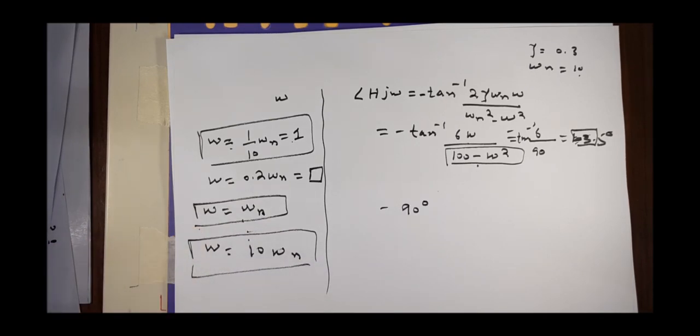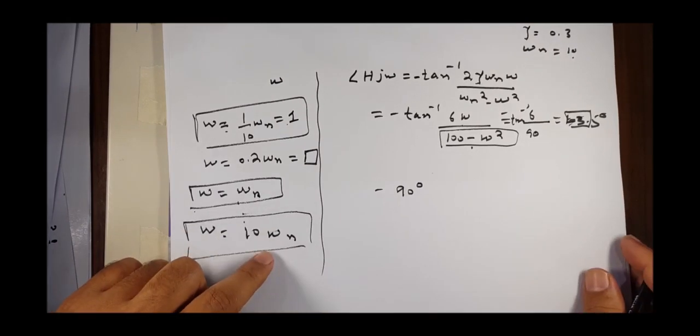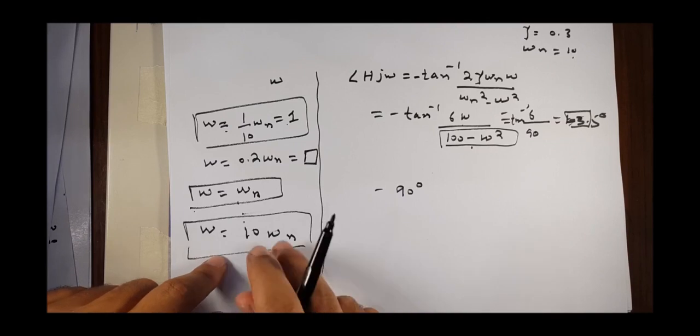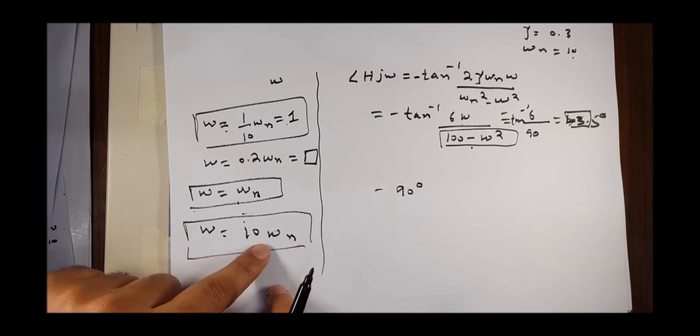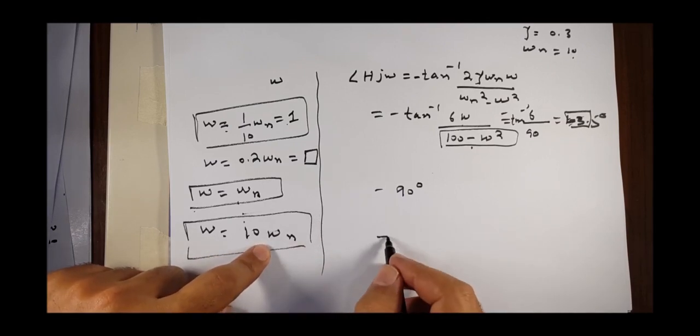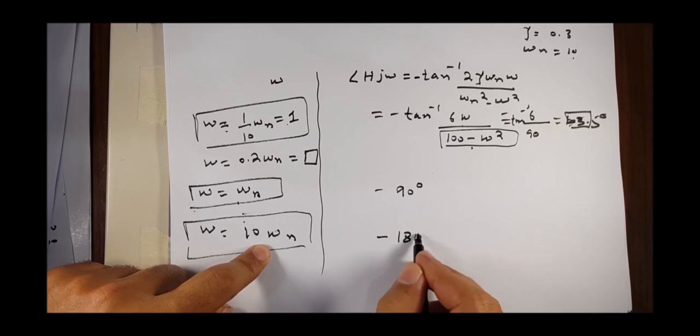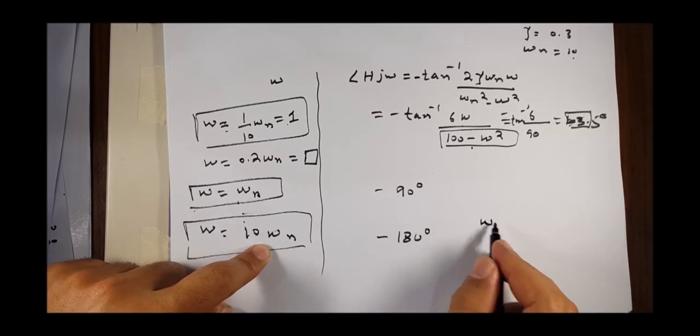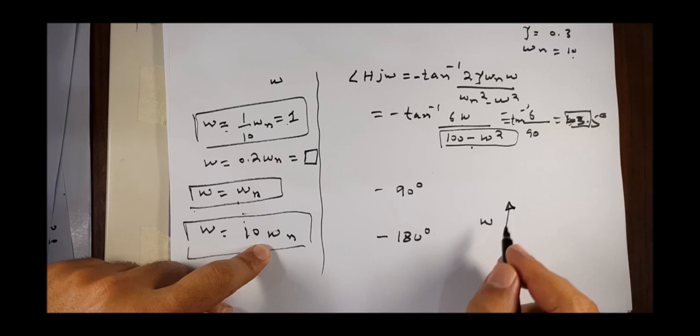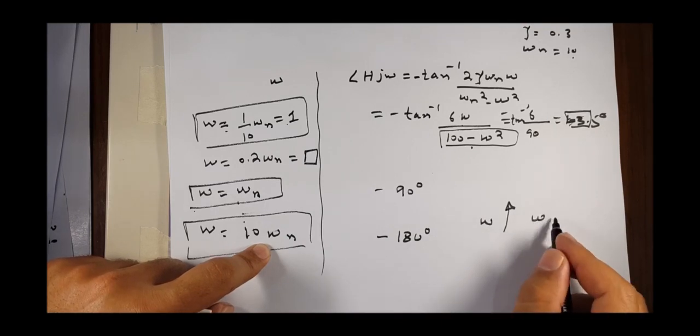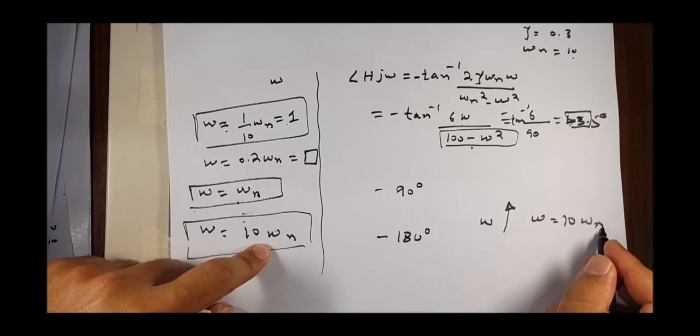Okay, so this will pass through minus 90 degrees. And the higher we go, this will reach toward minus 180 degrees. When we increase omega, like omega equal to 10 times omega n,